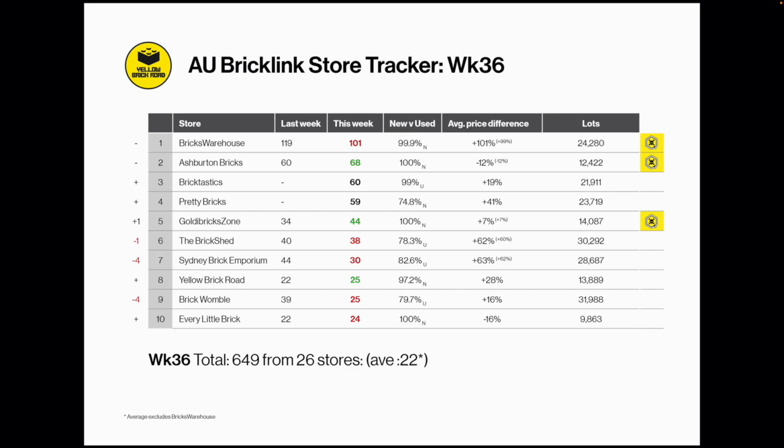I myself climbed back into the top 10, in, out, like the hokey cokey, isn't it? 25 sales this week on 22 last week, so it was a better week on Bricklink than it was the week before, but conversely not as good on Brickowl. 97.2% used, operating at 28% above the average 6 months thing, and the lot count, it just keeps falling,